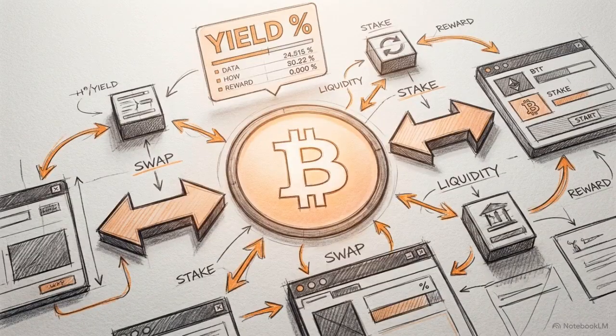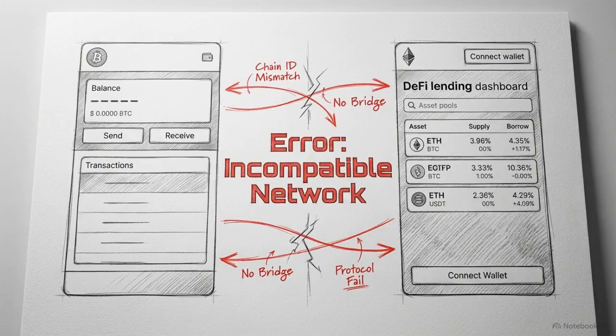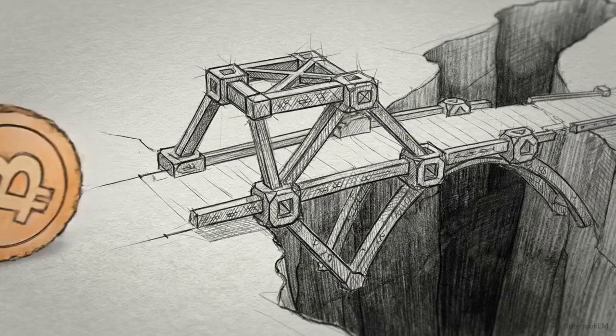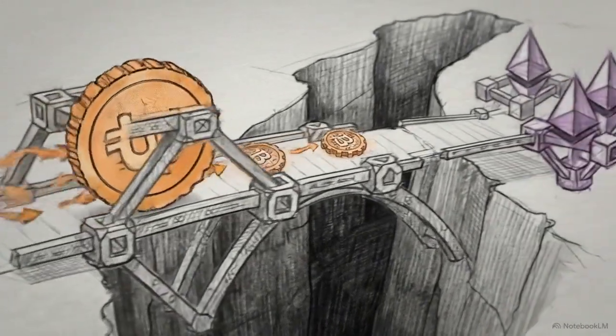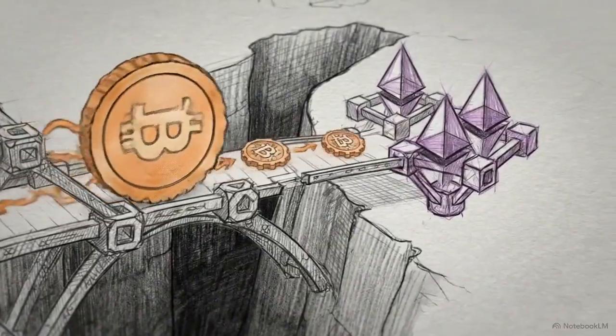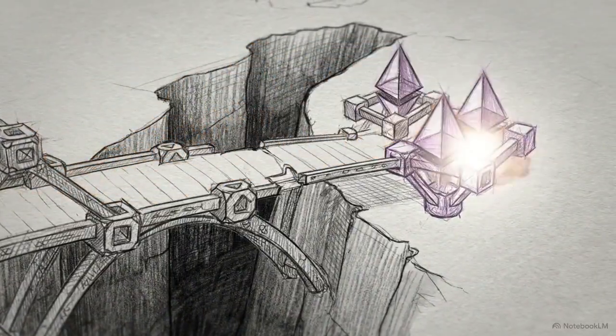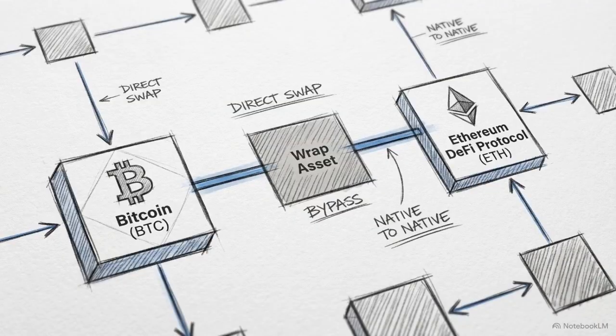The second primary application is Bitcoin Decentralized Finance, or BTC-Fi. Historically, there has been a severe composability gap between Bitcoin native assets and the logic-heavy environment of the Ethereum Virtual Machine, or EVM. Enso bridges this gap at the infrastructure level. Its shortcuts allow Bitcoin assets to interact cleanly with EVM lending markets and automated market makers, circumventing the usual friction